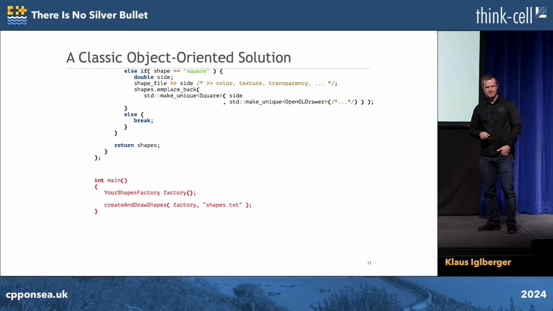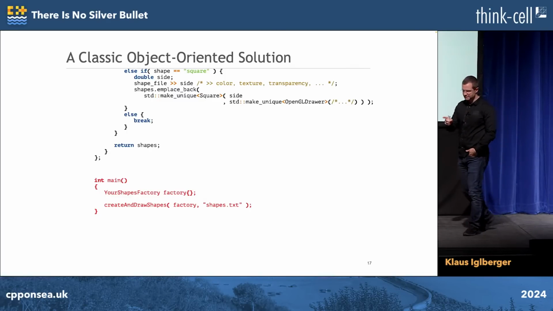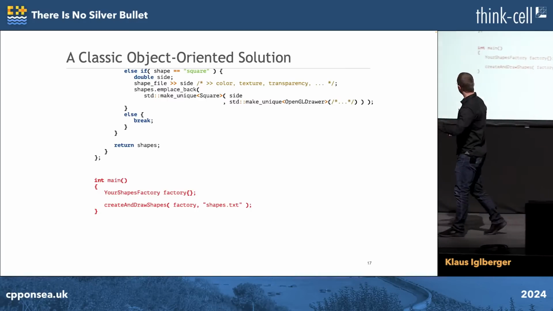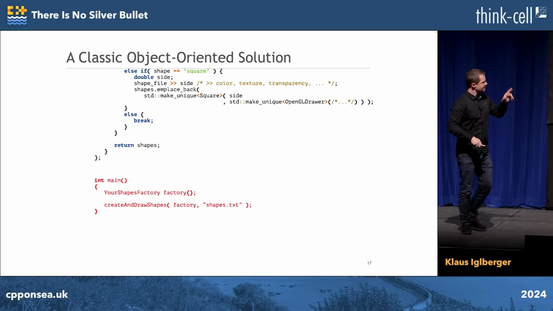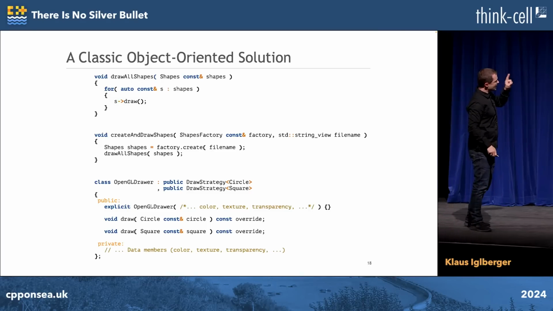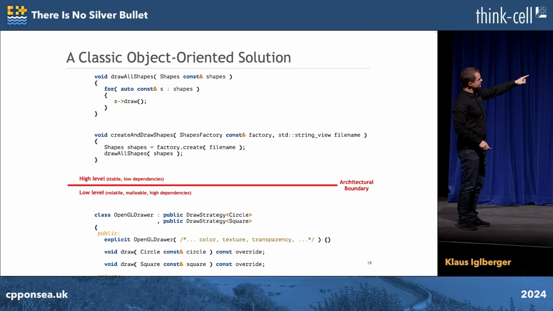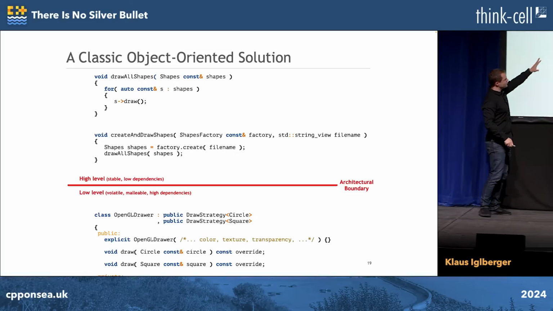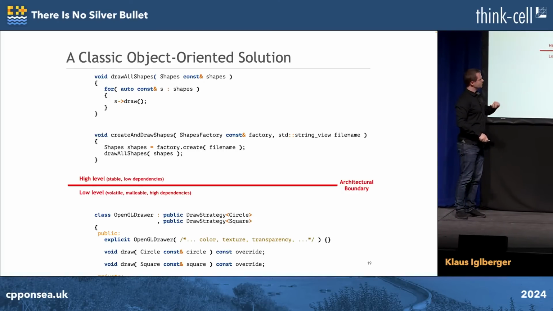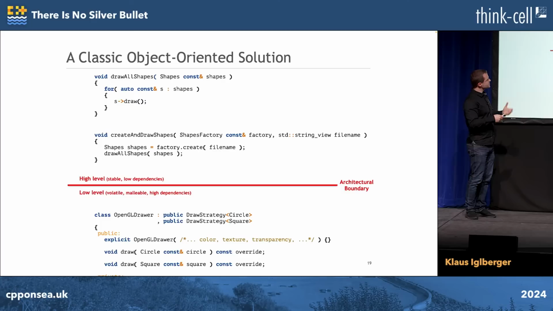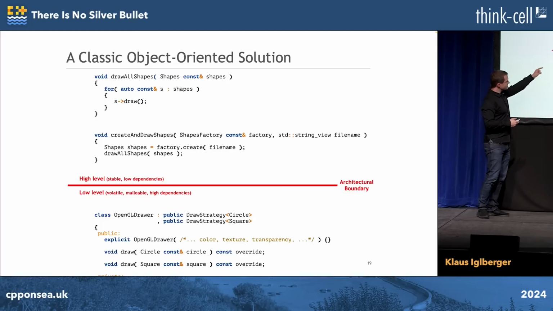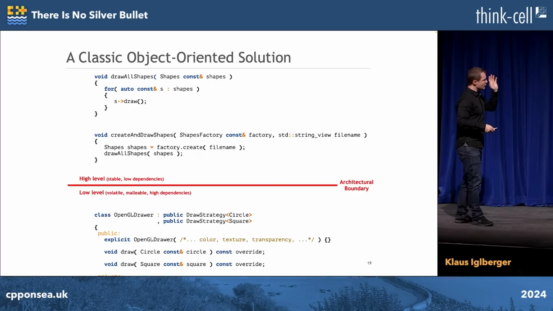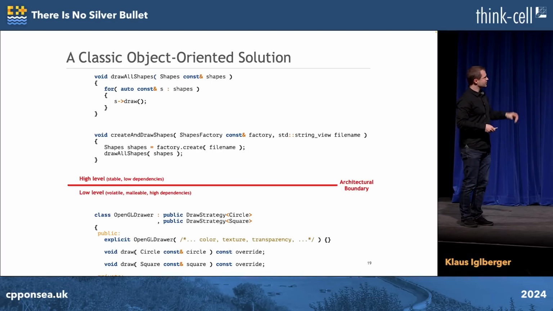Good. So now, pretty basic example, but of course, where's the design aspect? So let's do the following. Let's split this up. Let's put in an architectural boundary right here. So above this line is what I would call the high level. That's the stable stuff, the things that do not change too often. And below that are all the implementation details. Yeah, how exactly I will draw, which library I use, what exactly I create, so the volatile stuff.